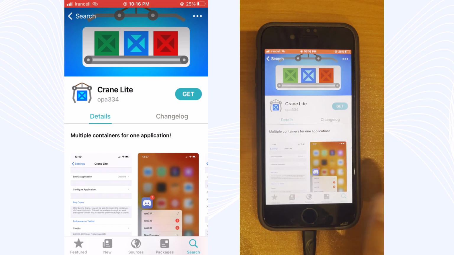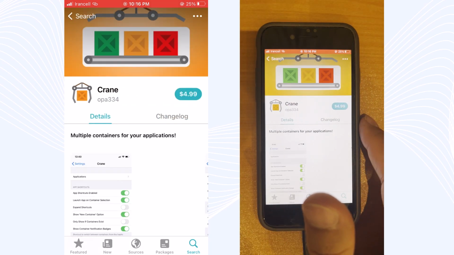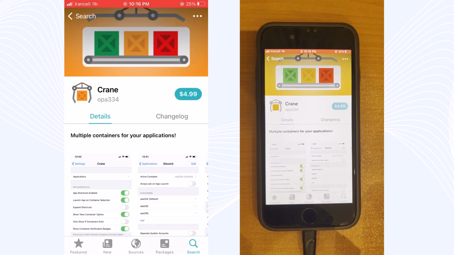I mean, for each app you can just have another one. And this is the full version I always use, and you can clone and create as many profiles as you want. It doesn't have any limitation. Therefore, according to the explanation on my Telegram channel, download the desired version.